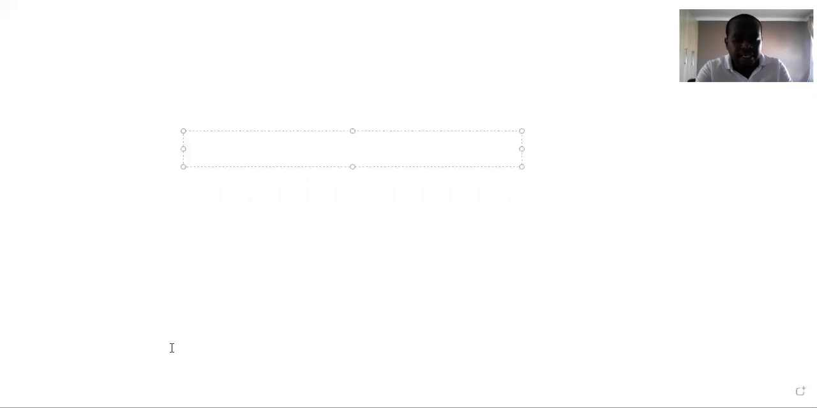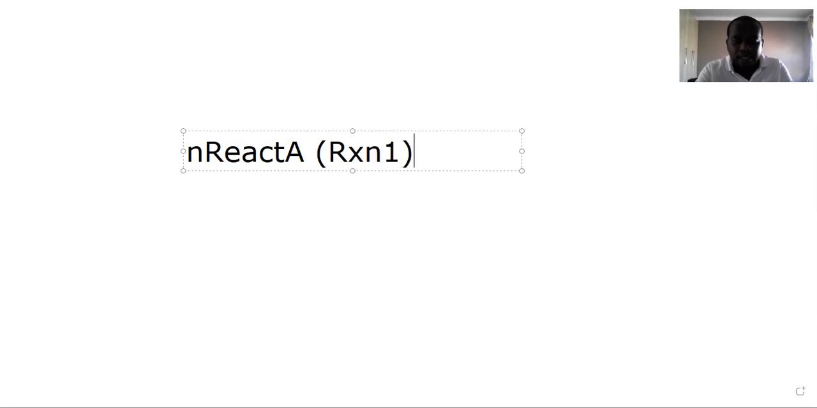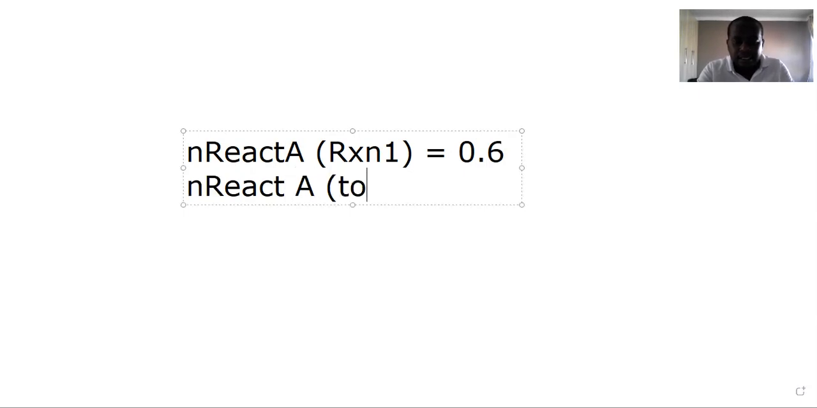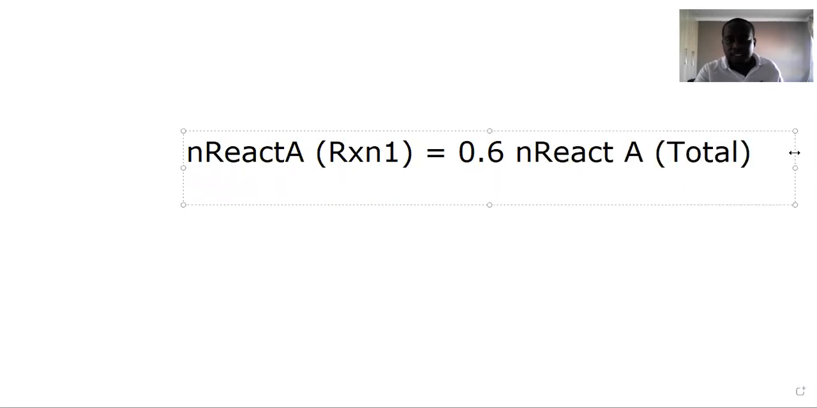We know that n reacts A, and in brackets here I'm going to put by reaction 1, is equal to only 70%, or 60%, sorry, of n reacts A in total. We're still together? So that's our first reaction, and we can almost immediately start